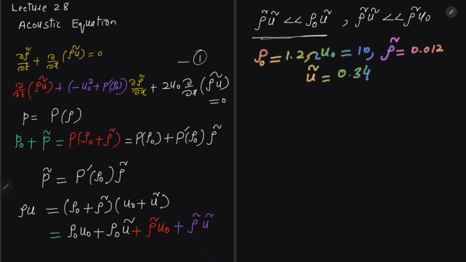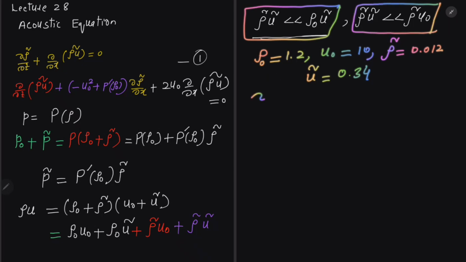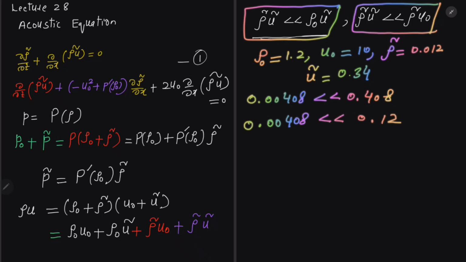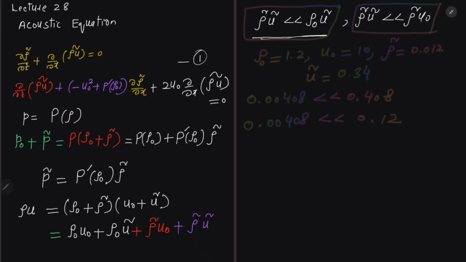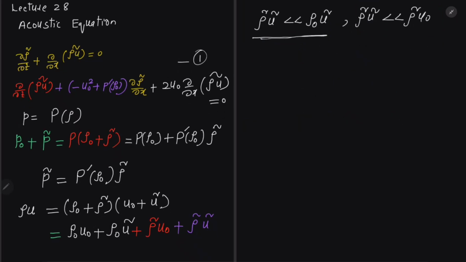If you put all these values in this expression, we get 0.00408, which is less than 0.408, and similarly 0.00408, which is less than 0.12. Okay,